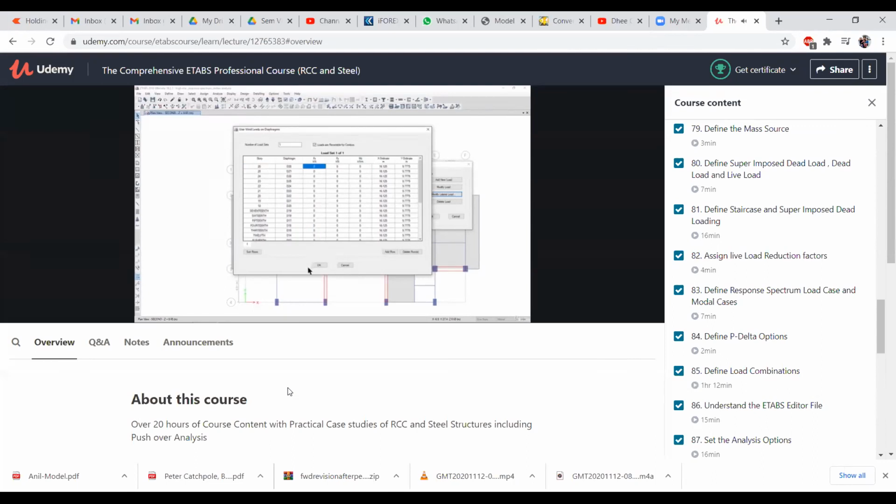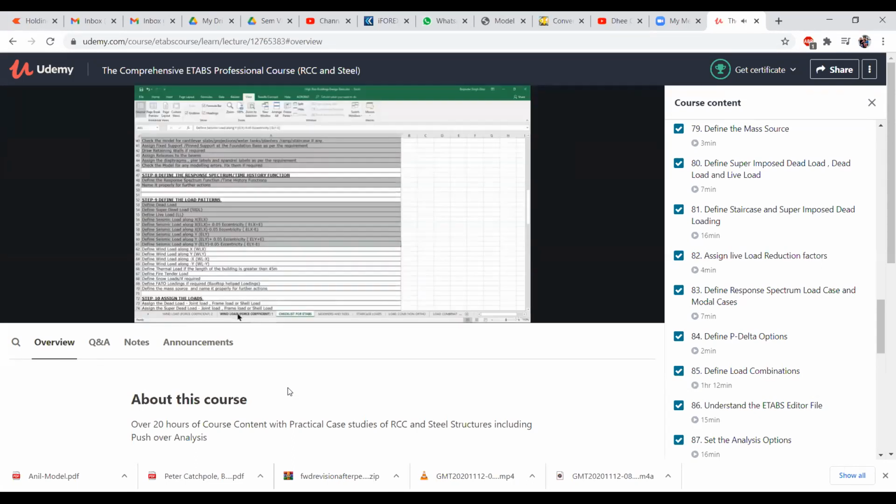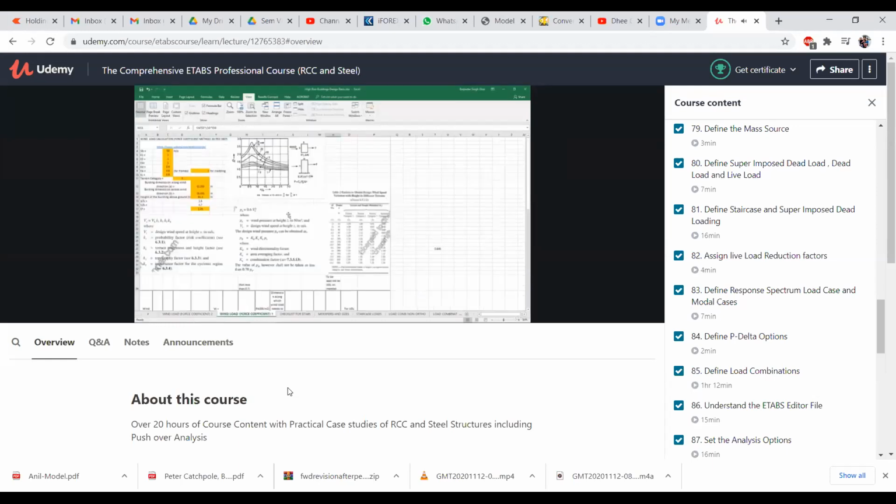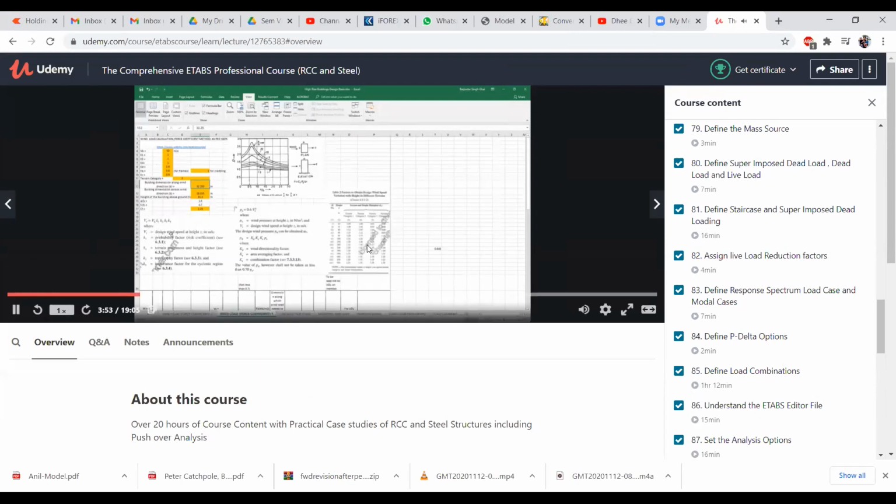Now, how can we calculate this point load? We need to go to our basics. That is, we need to refer to our standard IS 875 2015, or we can refer to the latest NBC, that is National Building Code 2016. For the practicing structural engineers, you must have read all this, but for the students, this might be new to you. So the Indian standard states that we need to first calculate the design wind speed,